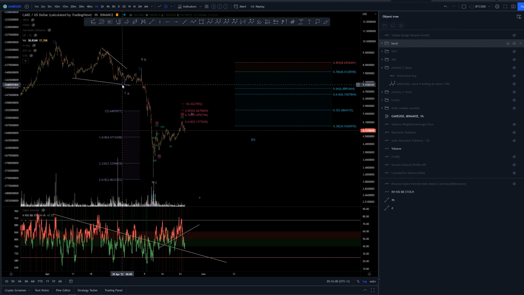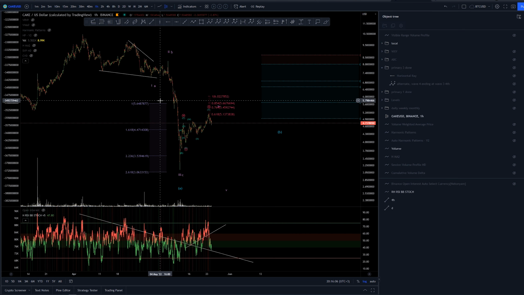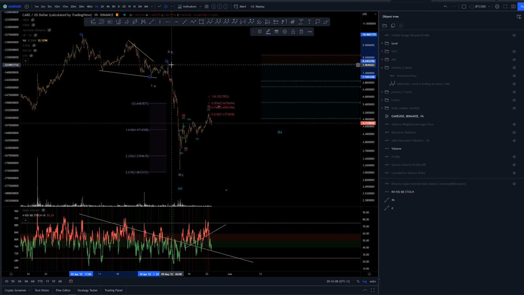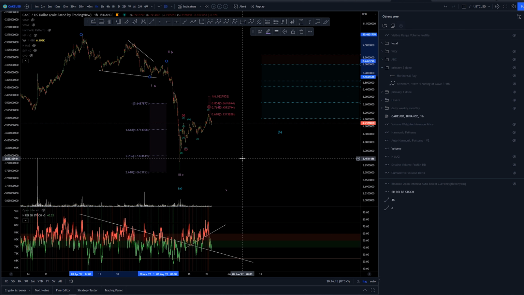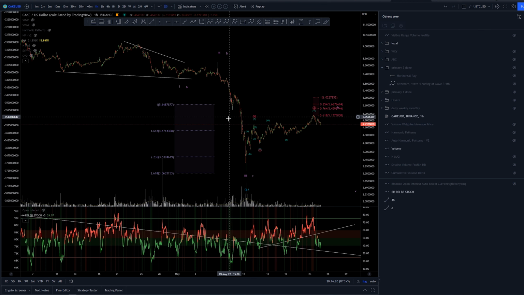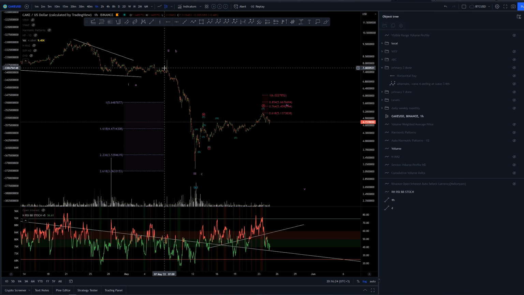Now this second structure here definitely can be easy to say a 3-wave structure into wave 2 or B. Now we have targets here for the C wave, C or third wave. It comes down almost to the 2.618 down here. We do have a divergence here, however, with this low, which could be labeled as a third wave of either